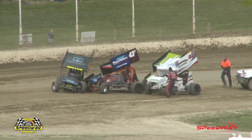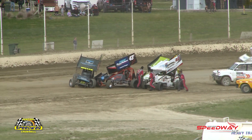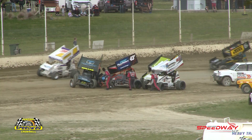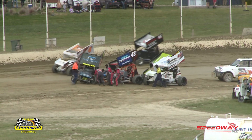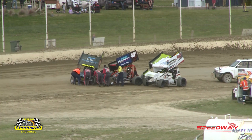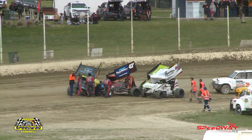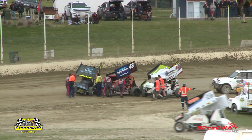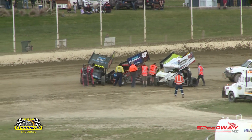Looks like there's a bit of damage to the front of Miller's car. And I'd say Josh Buchanan may have a little bit of a problem with the right front. Colvin might have got away with it. Severite just seemed to touch the back of Colvin's car. No, they're going to need the tow truck for that one. The 55T car, as I said, Miller making the...